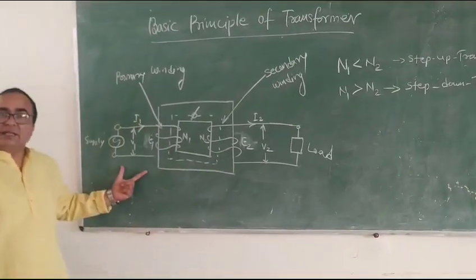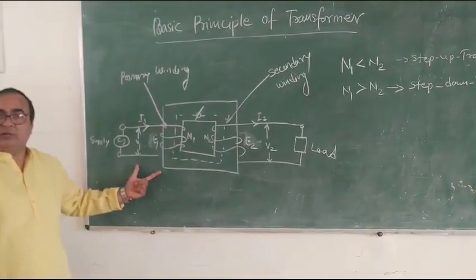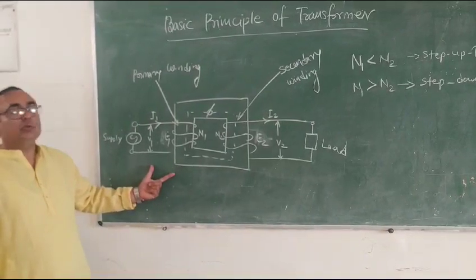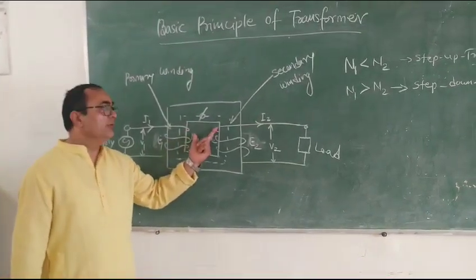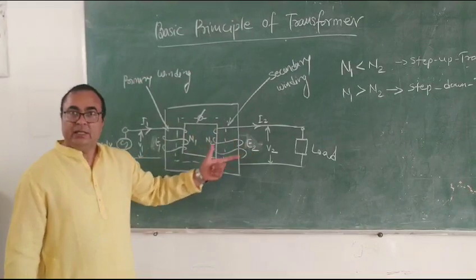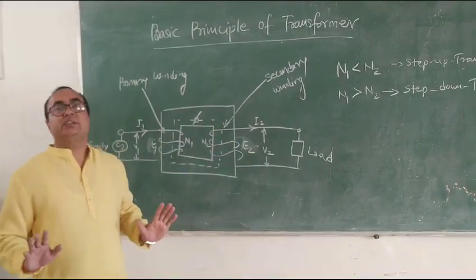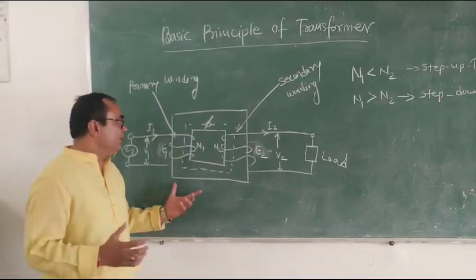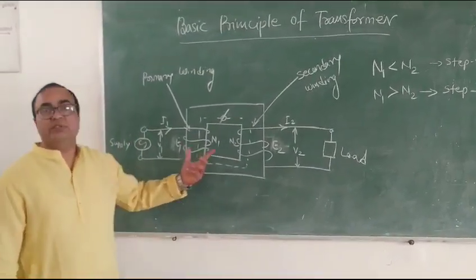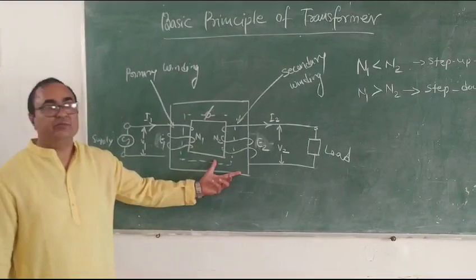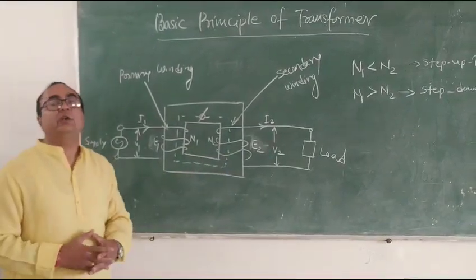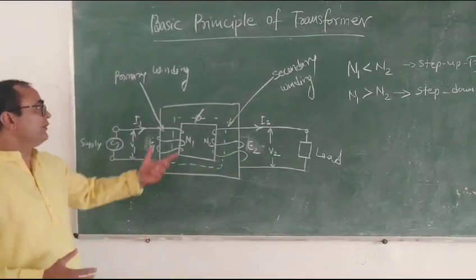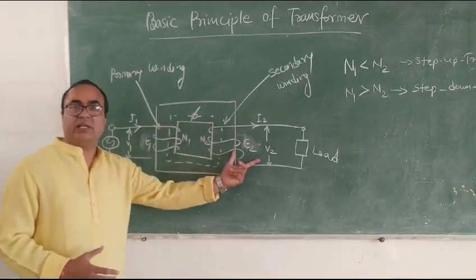When the supply is connected to the primary winding, a constant magnitude of flux is set up in the transformer pole, which links to the secondary winding. In a transformer, there is no electrical connection between the primary and secondary windings, but they are magnetically coupled. Power is transferred from the primary side to the secondary side by transformer action, which is known as Faraday's law of electromagnetic induction. Flux links to the pole and links to the secondary winding.